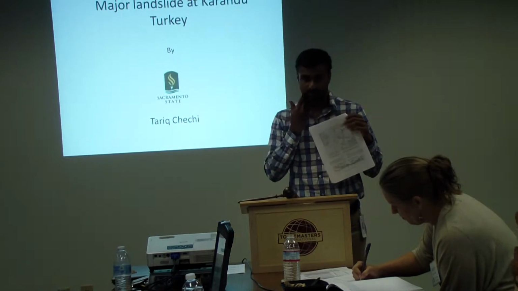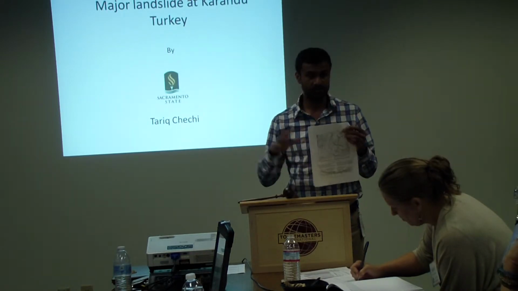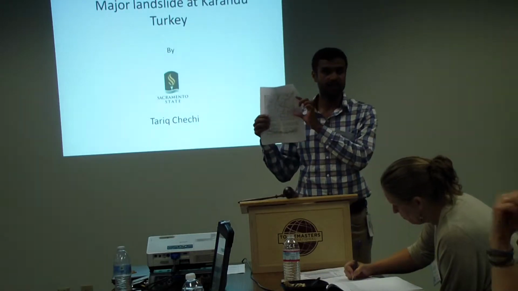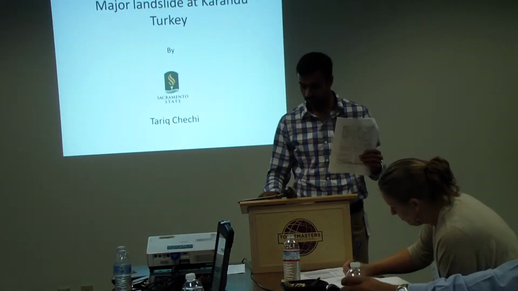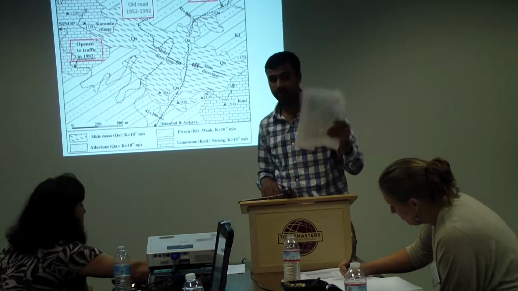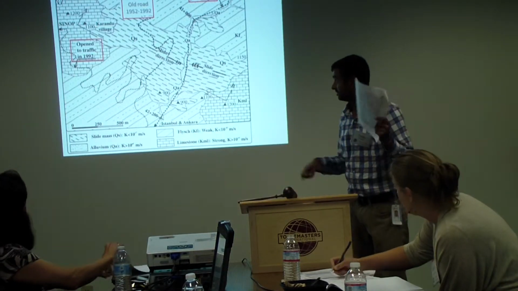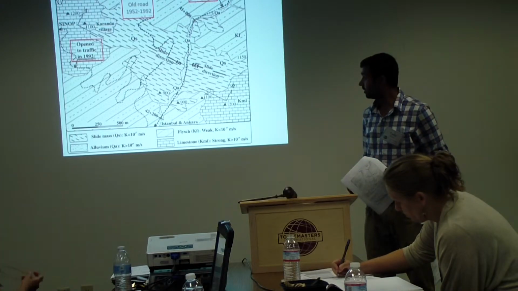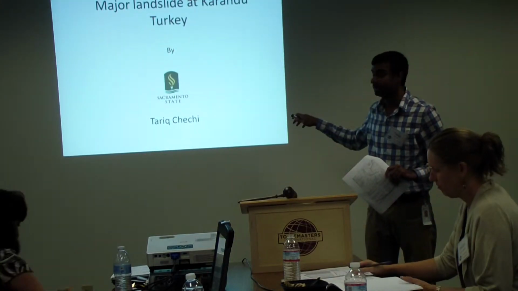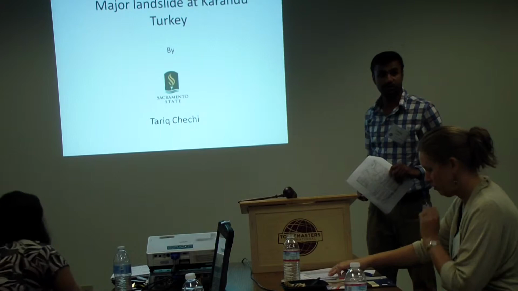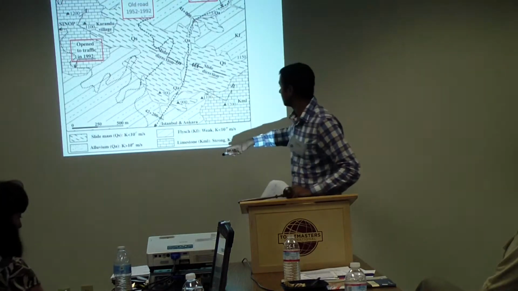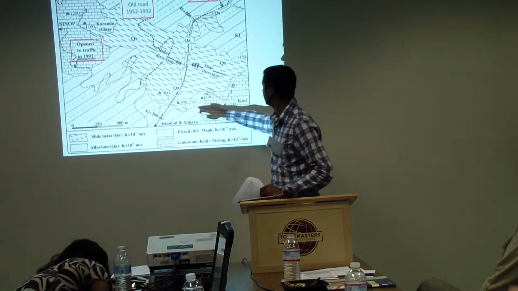In this presentation, I'm only doing a couple of slides out of that long presentation, and basically it's about one site map. We're going to look at one map that was given to me, and just describe the background of this map. As you read from my title, it's about a landslide in Turkey. So we've got a landslide area that is covered in this,